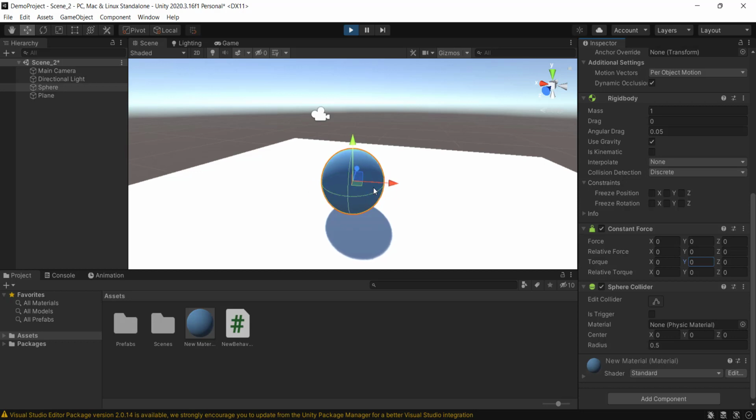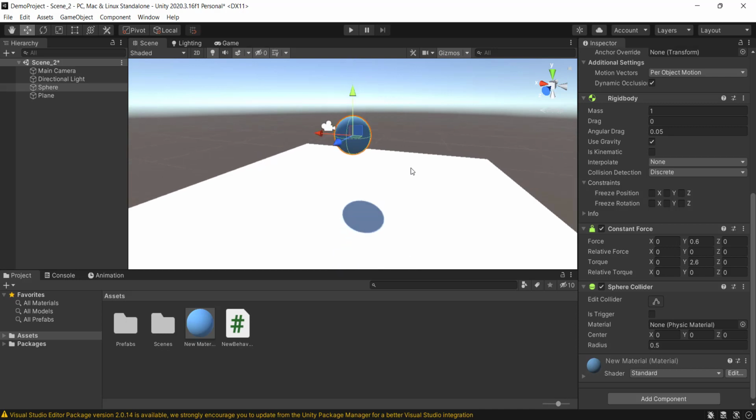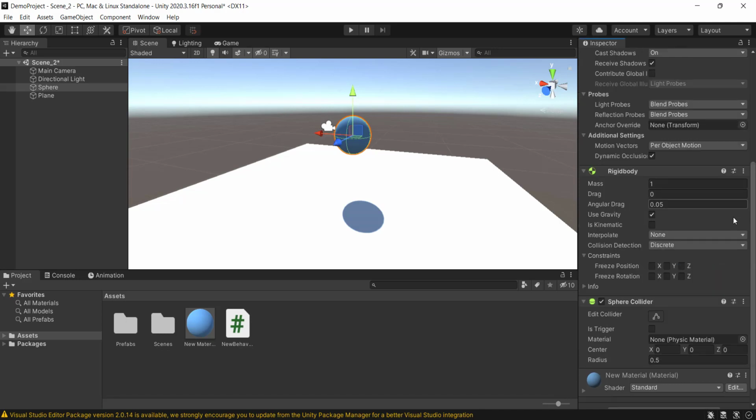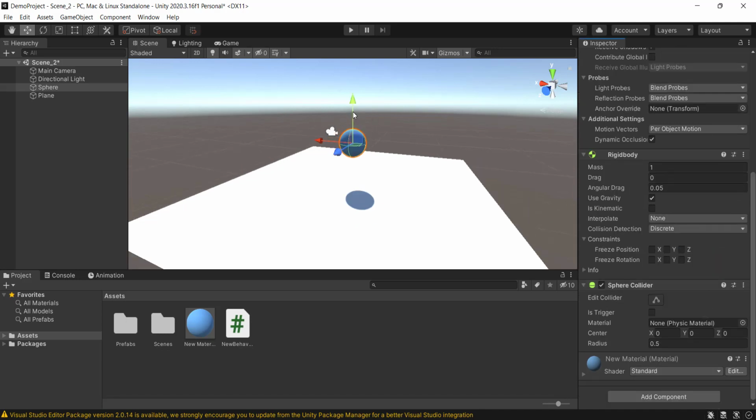Yeah, it's slowing down, right? So this is what colliders do. Colliders are a part of physics. So there are lots and lots of colliders we have. We can remove this one, and if I take another one, Control D, if I take another one, I can